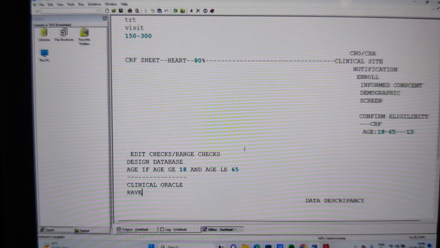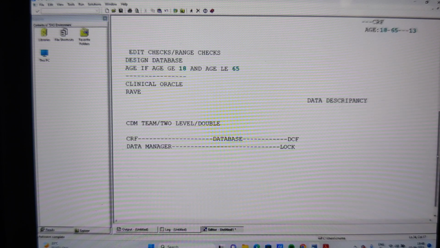Okay, thank you. Now, the next important thing is, as a life sciences graduate, if you want, you can also get involved in CDM, data management. All you need to do is enter the data from the CRF sheet into the database, maintain and organize the data. CDM is better than the CROs and CRAs in terms of finances and work, but not so promising.